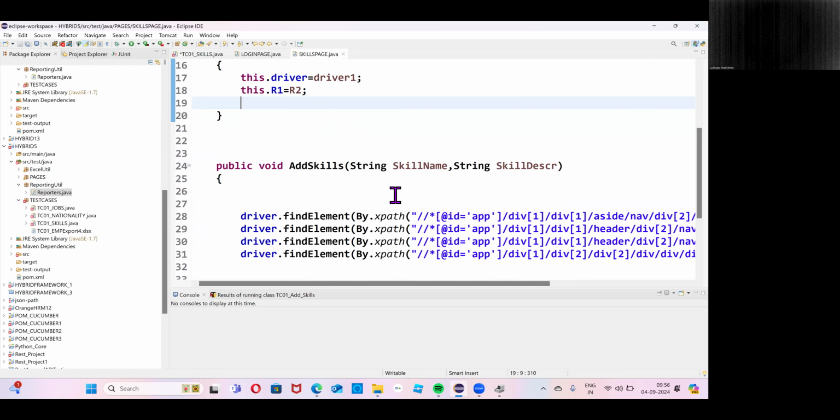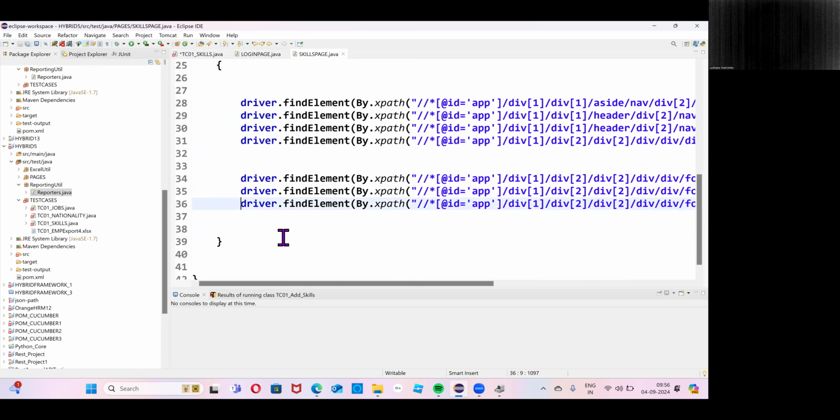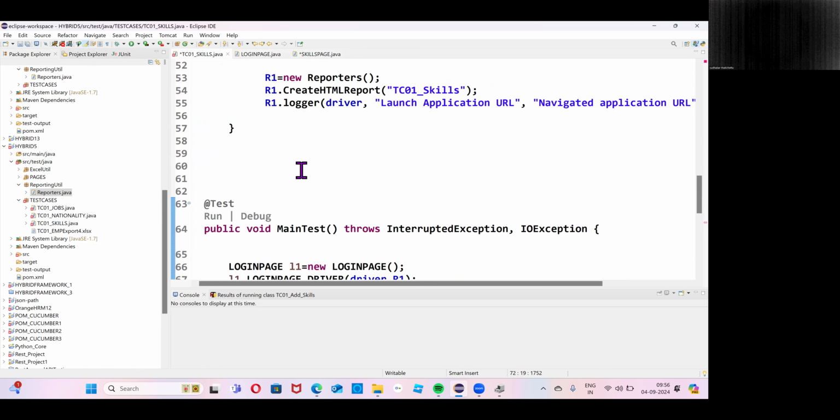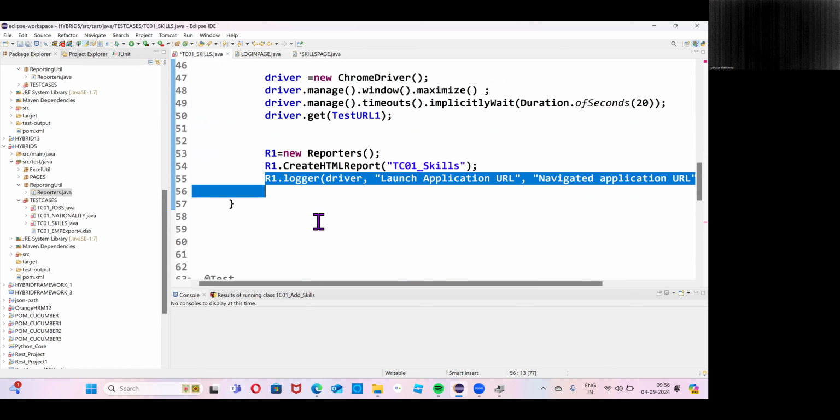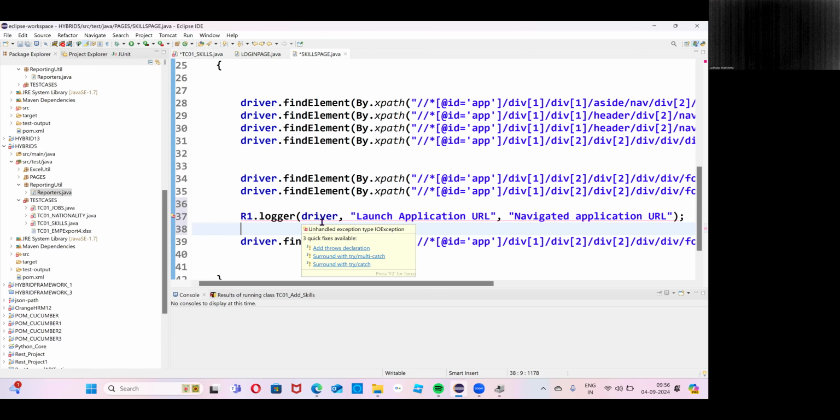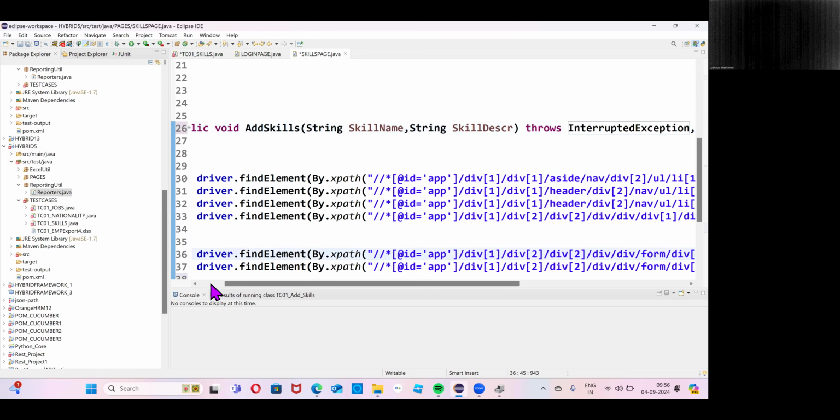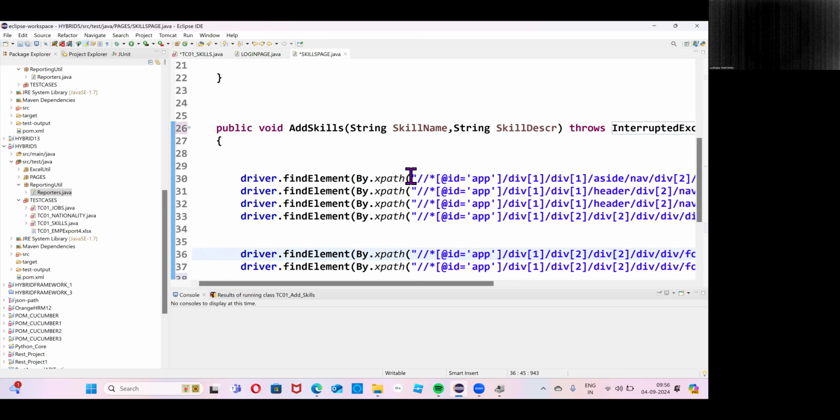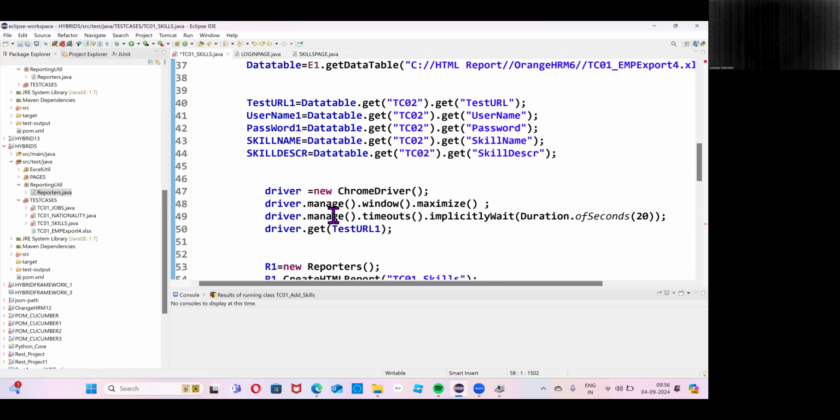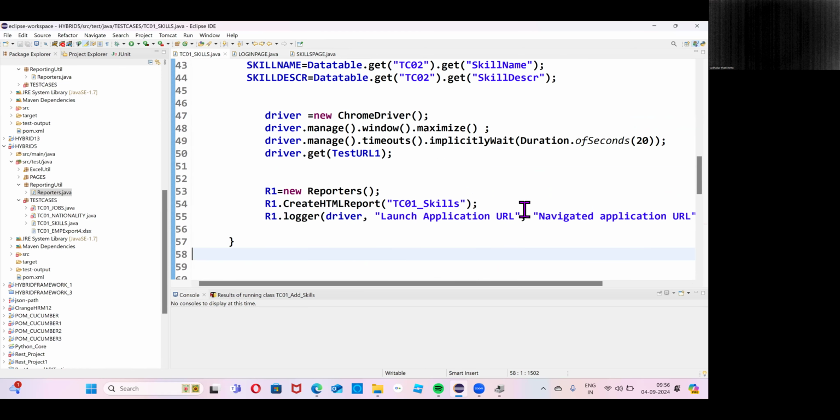And I can write my log statement before clicking on save, because I want to take the snapshot. So for that, the log statement part I am taking. R1.logger set. Okay, one second. So now the last thing is